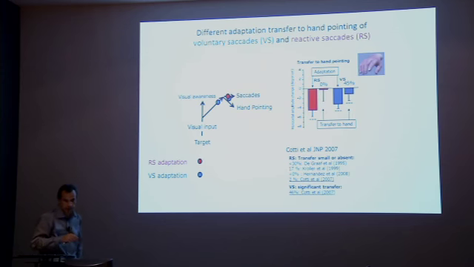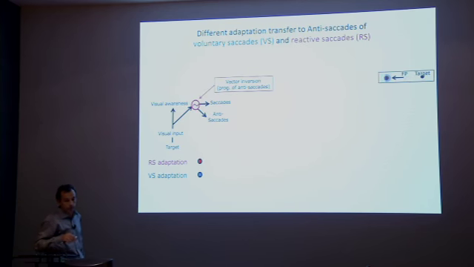We have two sites for voluntary saccade adaptation, one which is very similar to reactive saccade and one which is more upstream. So the upstream site would modify the signal sent to the hand pointing movements. And in the same spirit, the third study that we performed was to test the transfer of